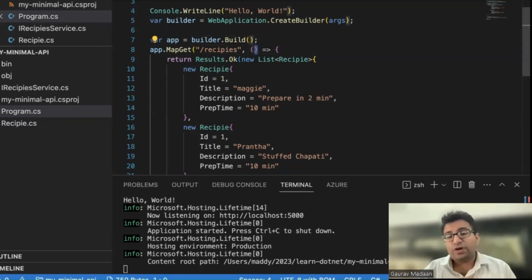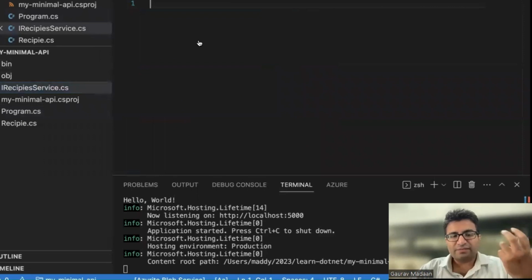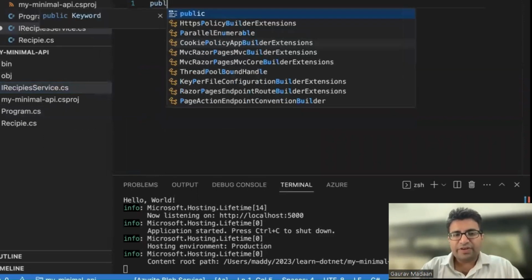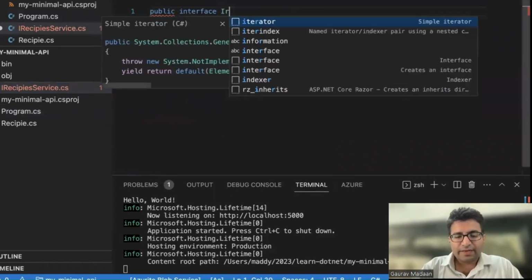However, if you are still having multiple endpoints, but they are bounded by your context, let's say one microservice, but still having a good number of endpoints, I prefer creating extension methods. If you want to inject any service, you can create an interface, and you can inject those services here. So like you can say public interface IRecipesService,